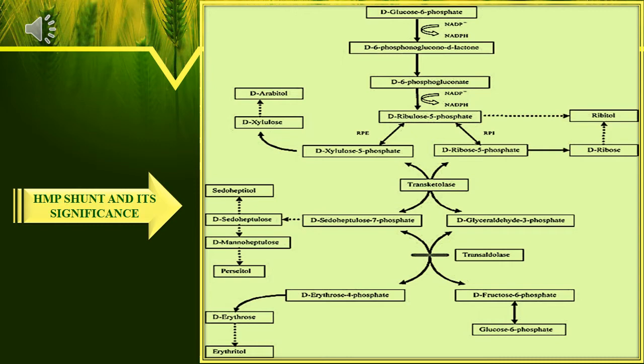So what compounds and intermediates are formed? The starting material for the HMP shunt pathway is glucose 6-phosphate. Intermediates are 5-carbon moieties, mainly ribose 5-phosphate and other 5-carbon derivatives. The end product is also glucose 6-phosphate. Understood? The pathway has two phases, oxidative and non-oxidative. Glucose 6-phosphate to ribose 5-phosphate is the oxidative phase, then ribose 5-phosphate to glucose 6-phosphate is the non-oxidative phase.